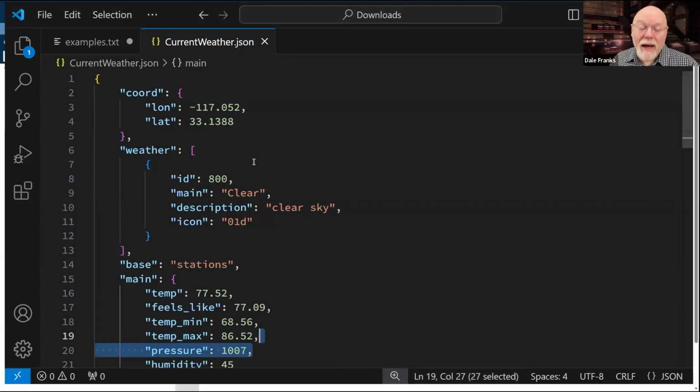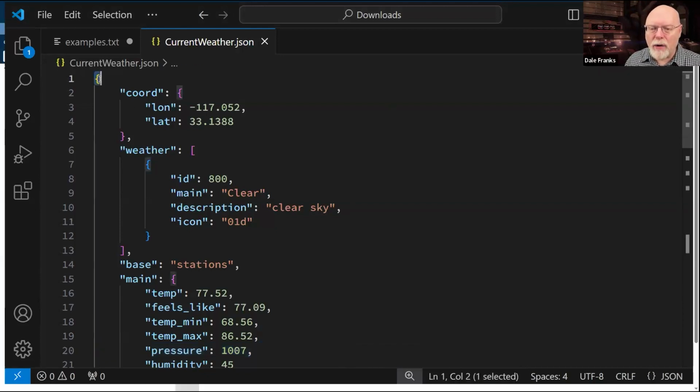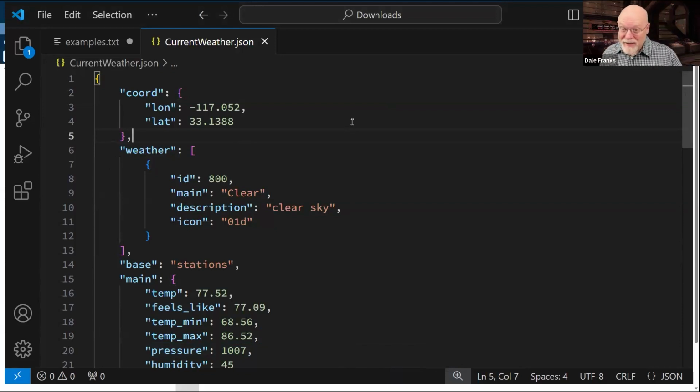So, like XML, JSON has nodes. And as I said earlier, those nodes are generally marked off by the existence of either curly brackets or square brackets. It's really important to make your life easy. I say really important.